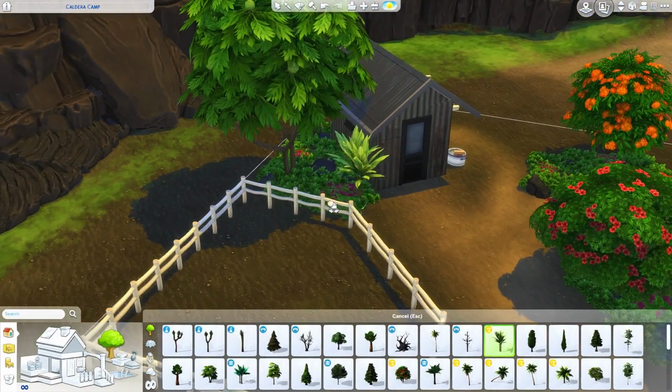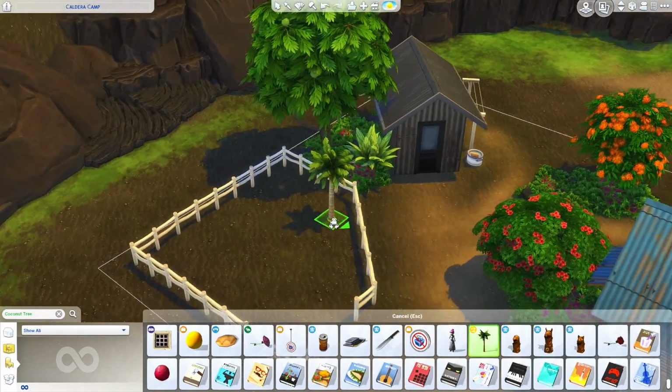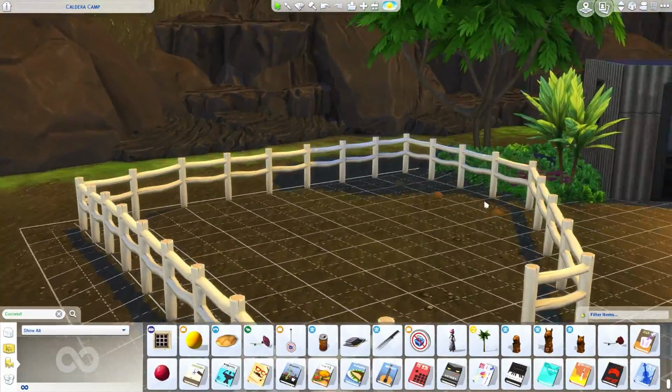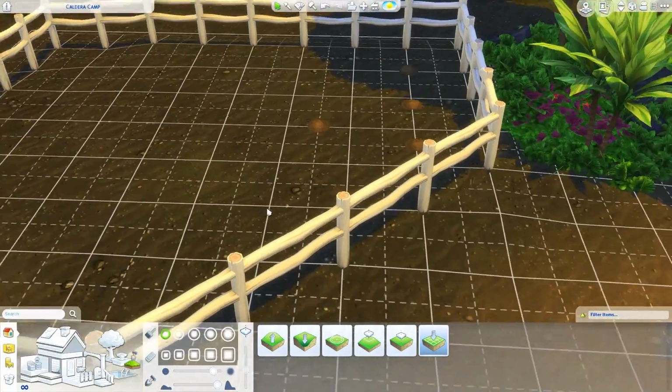So you do have that as a way to make food on this lot as well, in addition to the stove that I put inside. So I thought that was something really neat to have, and I wanted to have those traditions of Sulani on this lot. And then over here, I'm just pulling some plants out of the buy debug menu to fill up